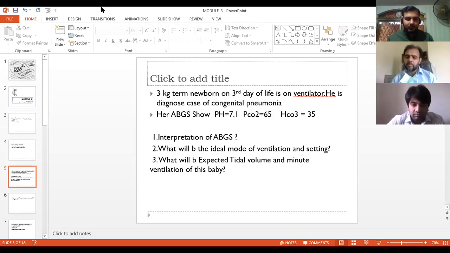First of all, looking at the ABG interpretation, the pH is 7.1. It is obviously an acidotic pH. Then looking at the parameters, regarding the respiratory component, PCO2 is 65, well above the normal range of 35 to 45. So CO2 can cause this hypercarbia and can cause acidosis. The second component is BiCARB. Its normal range is 20 to 28, and here it is 35. It means it is above the normal limit, so it cannot cause the acidosis. So obviously here it is a respiratory acidosis.